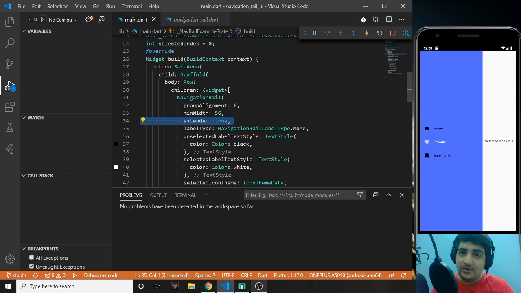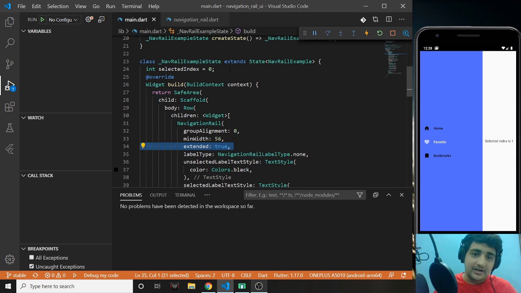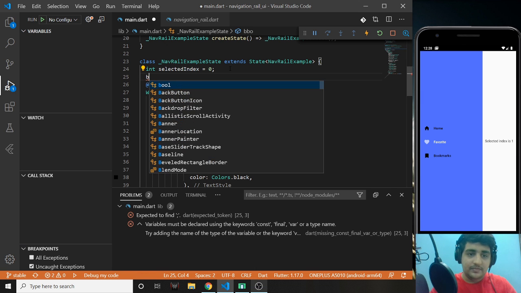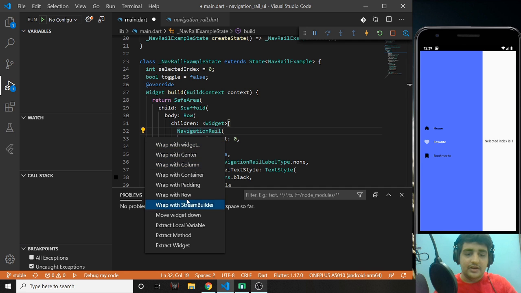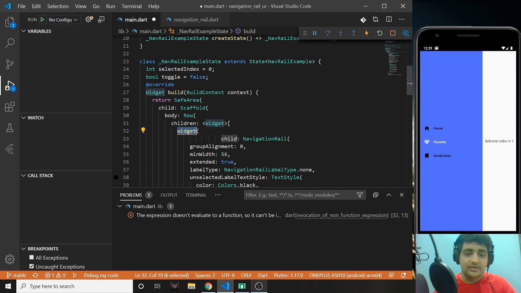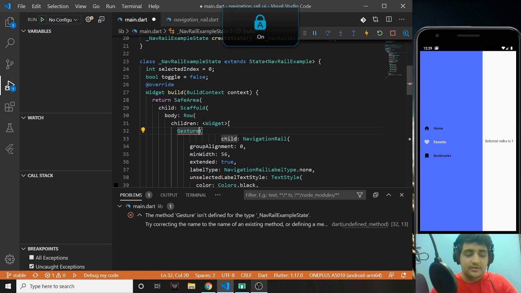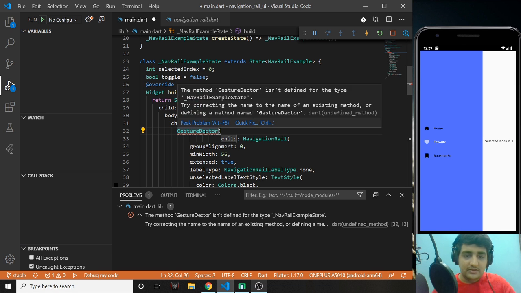So we'll probably need to toggle it. How do we toggle it? Let's make a boolean here. Let's call it toggle and let it be false by default. And let's encapsulate this widget with something called gesture detector. It will act like a button after this, if you know what this is.